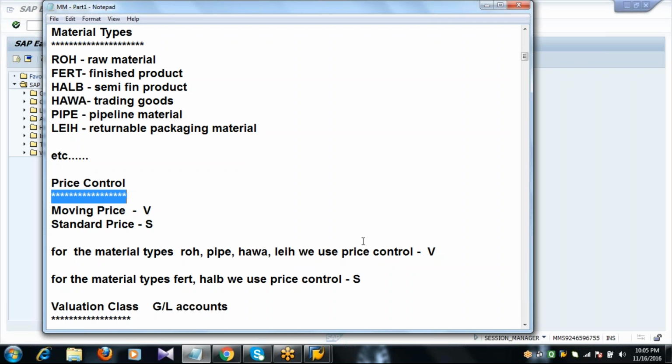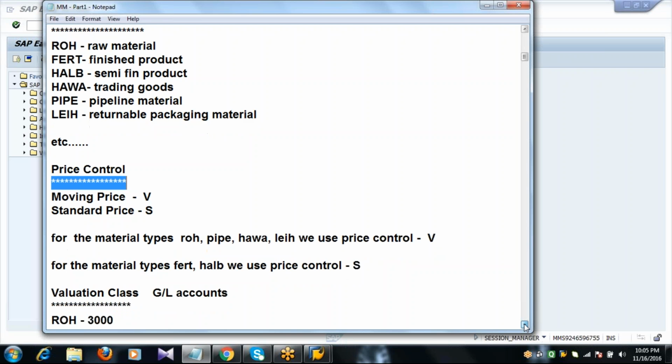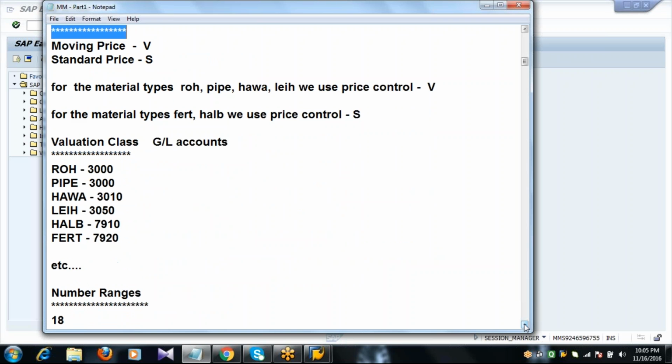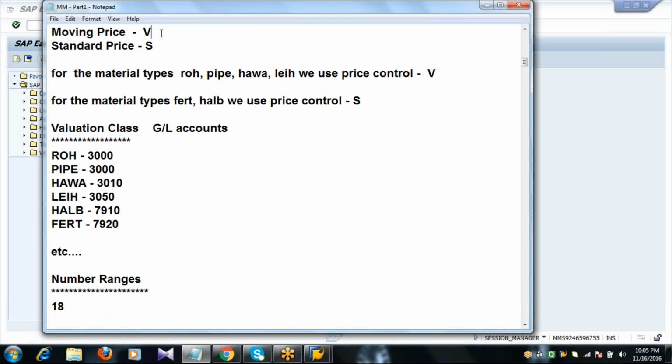Price control is divided into two types. One is moving price, or moving average price, identified with capital letter V. The second one is standard price, identified with capital letter S. For material types like ROH, PIPE, HAWA, LEIH, we use price control V, because today's price may not be tomorrow's price, and tomorrow's price may not be the day after tomorrow's.